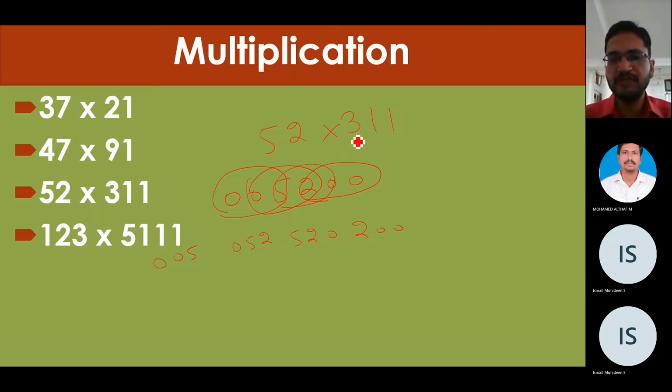Now here, because we are multiplying with 311, so I will multiply this number with 3 and add the other digits. 3 into 2, 6, plus 0 plus 0, that is 6. 3 into 5, 15 plus 2, 17. 3 into 0, 0 plus 5 plus 2, that is 7. Now 3 into 0, 0 plus 0 plus 5, that is 5. Now I will apply balancing rule. 6, 7, 8, 5.